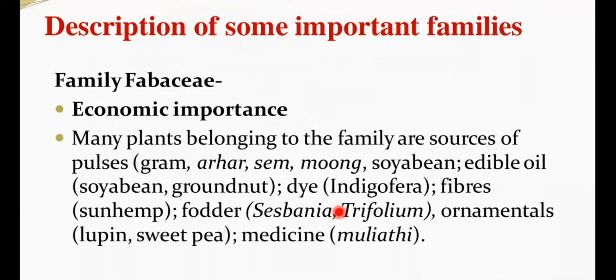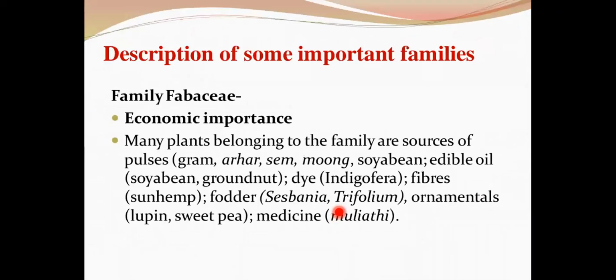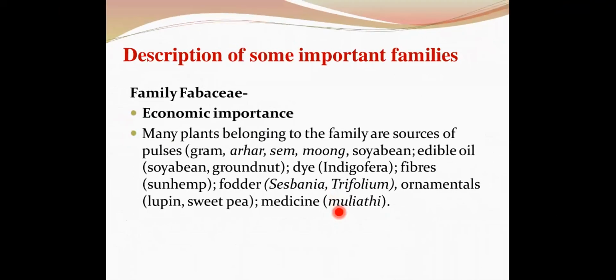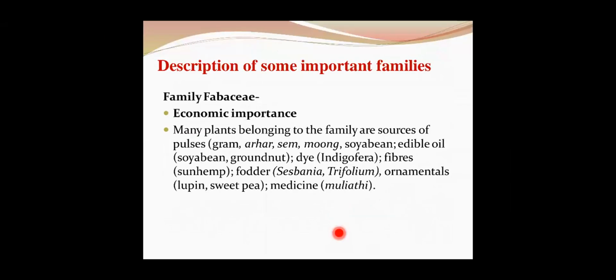And the last part in this chapter is the description of some important families. You have studied three important families. The first family is Fabaceae. Under these families, you have studied vegetative characters, floral characters, as well as the economic importance. Vegetative characters, if you just recall for family Fabaceae, students: these are trees, shrubs, and herbs. Roots will generally have root nodules, and leaves will show alternate phyllotaxy. Pinnately compound or simple leaves may be present there.